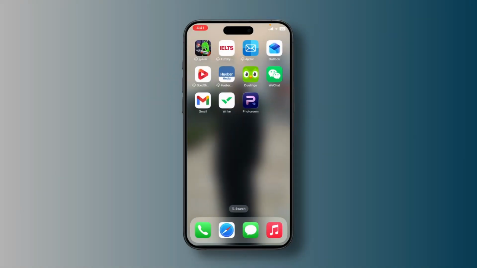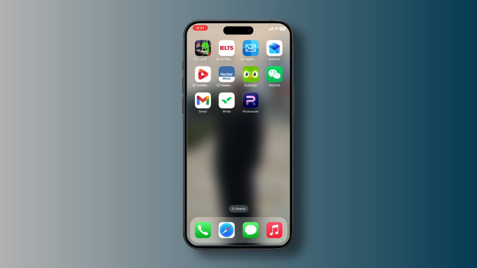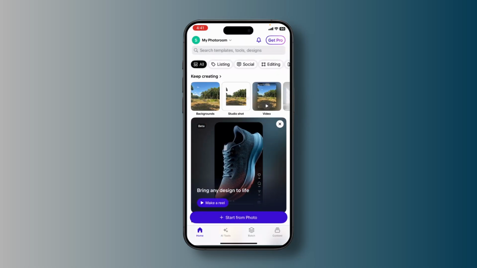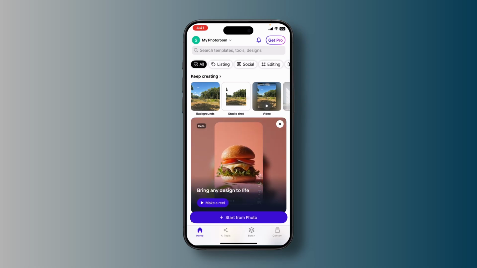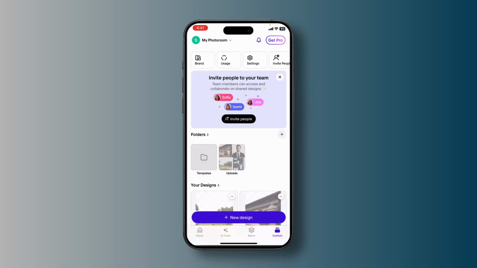In today's video, I'll show you how to fix background removal errors in PhotoRoom. So let's get started. First, open the PhotoRoom app on your phone and make sure that you are logged in with the account. Background removal errors usually happen when the subject edges look rough, parts of the subject disappear, or unwanted background remains. So simply tap on the content icon given at the bottom right corner where it shows